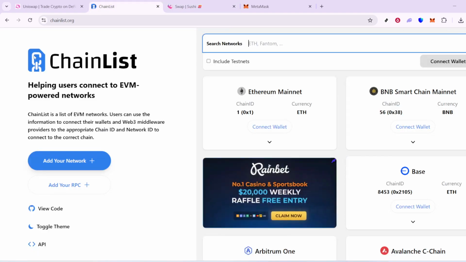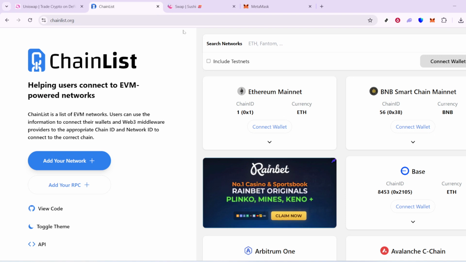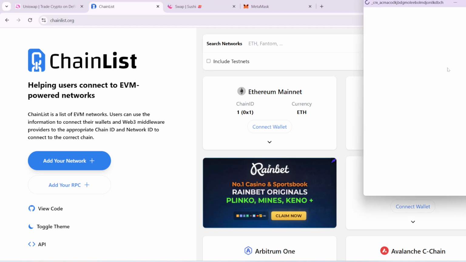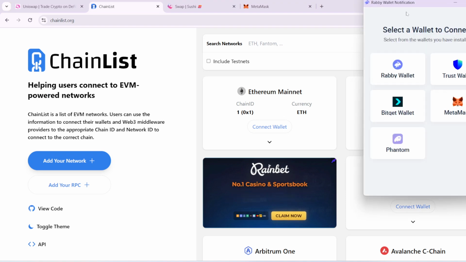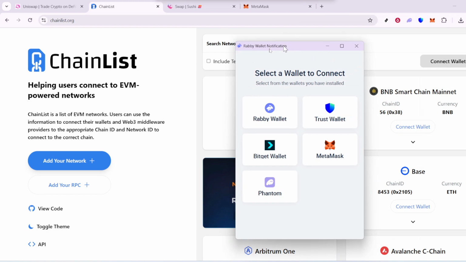Once you've chosen a site and are on its main page, locate the button that says Connect Wallet, or simply Connect. You'll typically find this button in the upper right corner of the screen. Clicking this button initiates the process of linking your MetaMask wallet to the website, enabling it to interact with decentralized